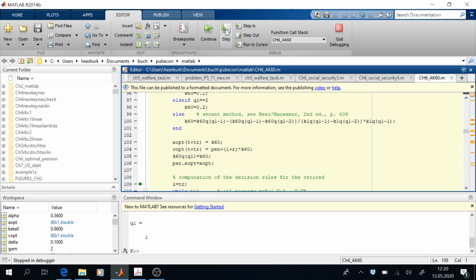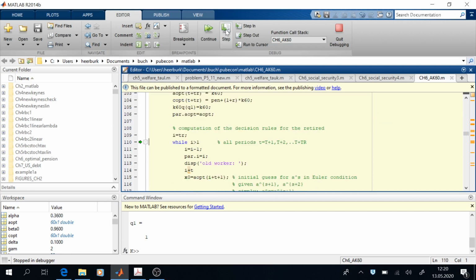Okay, now comes the computation of the time path for the asset level. And we start with the retiree. We work backwards in time, so starting at age 60 and now computing the wealth level at age 59. So therefore we go into the loop. I is now 19, that's the 19th period during retirement. So it's the 59th period in our total life because we work 40 years and we want to compute the asset level at